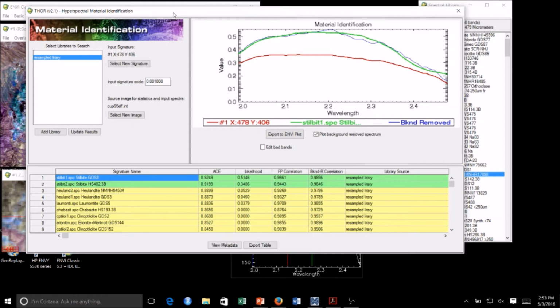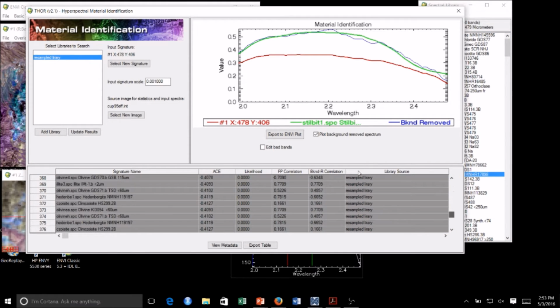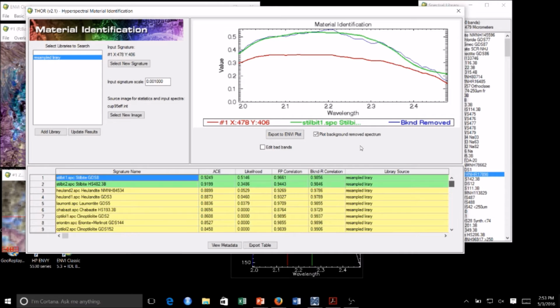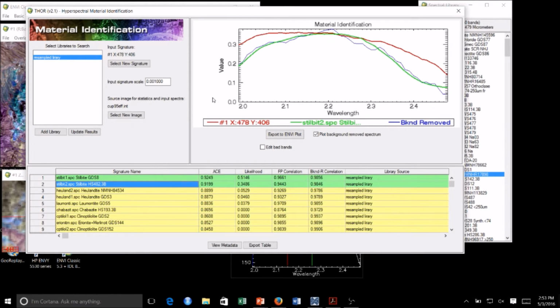I can go down the list and see what else is in there. These are all the ones that have really low probabilities, and I get these 2, which are the best probabilities. Up here I can look at my pixel in red. When I do unmixing, this algorithm will also find pixels nearby and try to remove them to get you the underlying pixel, the material that you're looking at. So the things that aren't in there are removed from the mixtures. The blue is the best match to the material I'm looking at, which is the green. The blue and green match, and I'm like, yep, that's stibnite. If I go down the list,